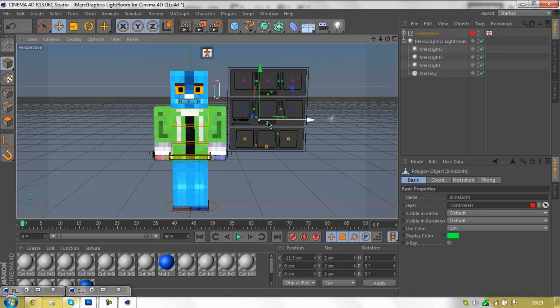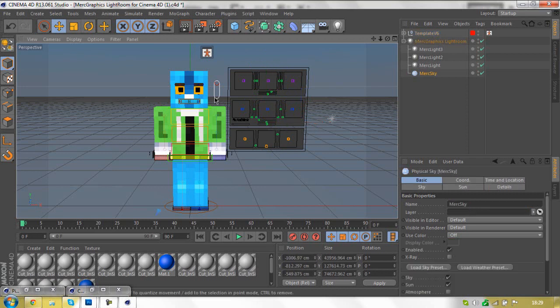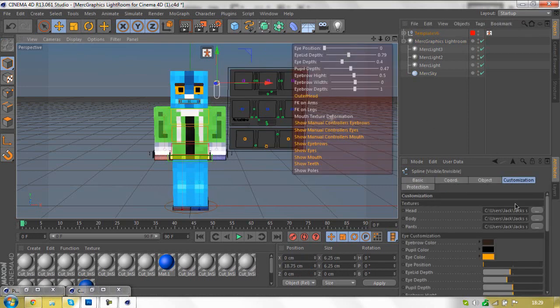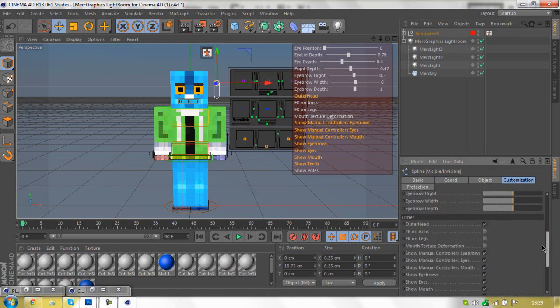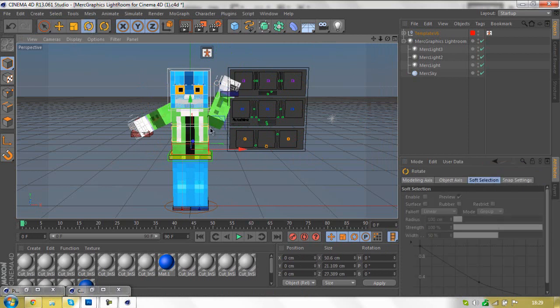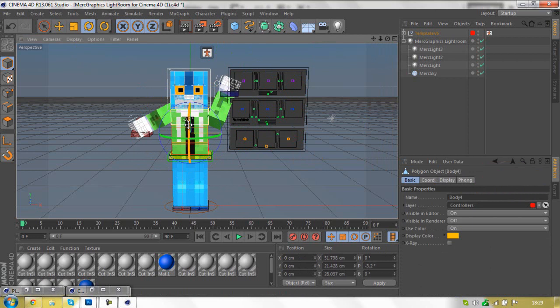There we go. You can sort them out, so you could drag them along. You wouldn't have to worry about that with the Weebline rig because it would do something completely different. But because my skin actually doesn't have eyebrows, I need to take them out. So click off eyebrows, and then we can click on this, drag it however way we want. I'm just going to do a really quick thing because I don't want to take too much time. Just lean you forward, lean you back a little bit,